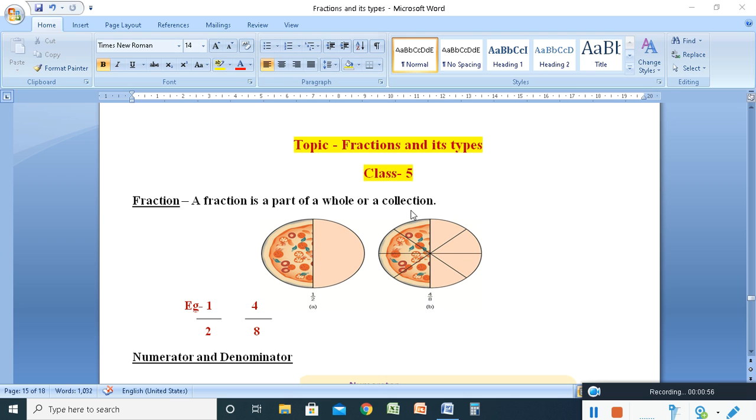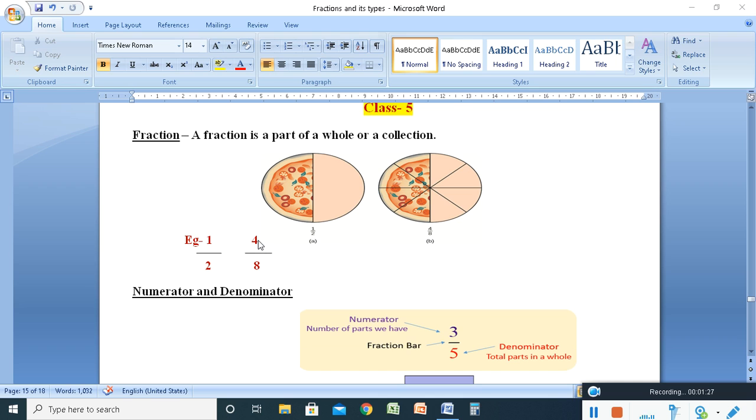Look at the next picture. The total number of parts is 8, so that should be below, and the selected part, here the eaten part, is 4, so that should be mentioned above. So the second picture in fractional form is 4 by 8. The total number of parts should be mentioned below, and the selected part or taken part, the colored part,